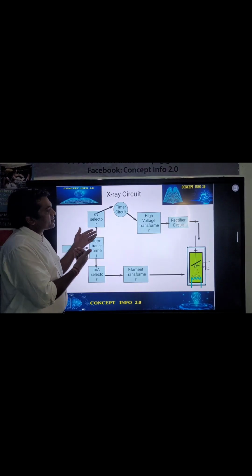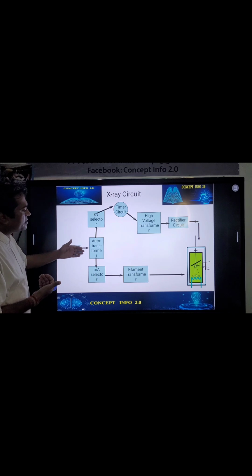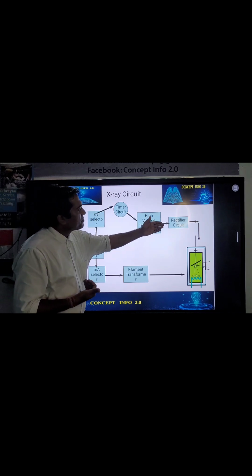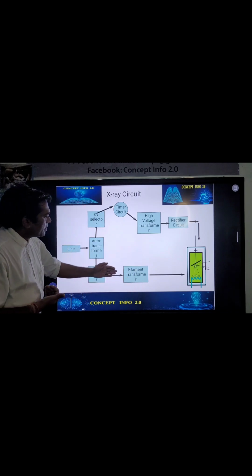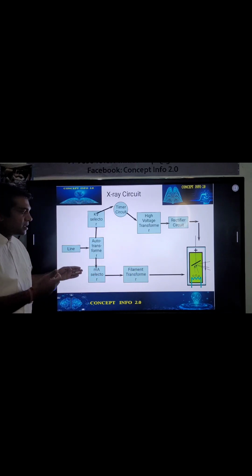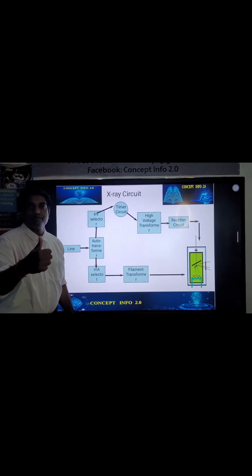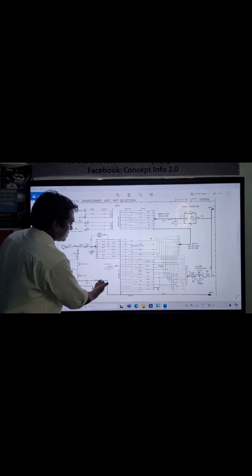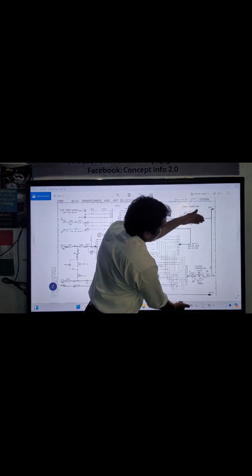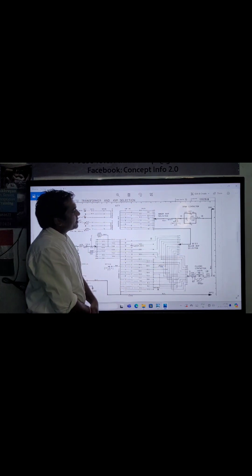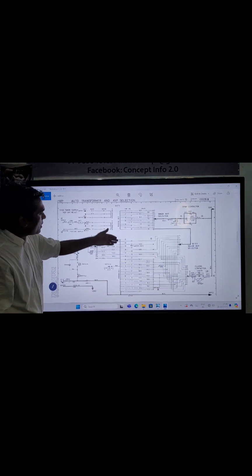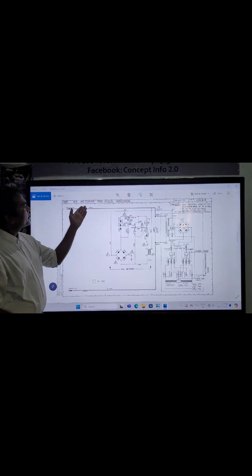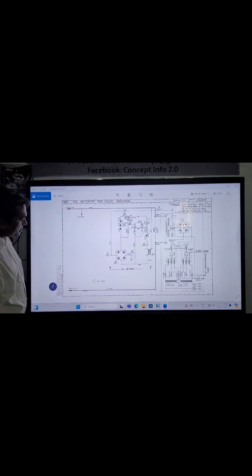Plus I will describe this block diagram, and it's a circuit diagram also, like KV selection, auto transformer, timer circuit, and rectifier circuit, tube, and the filament transformer, MA section. And I will describe the circuit. You can see this is the auto transformer, and this is the voltage going to the generator, and this is all the transformer binding, and this is MA metering and focus indication circuit.